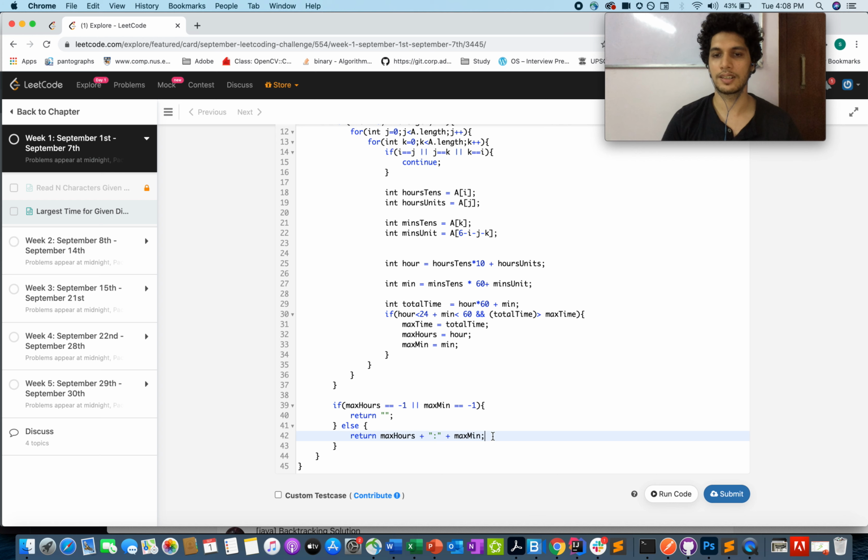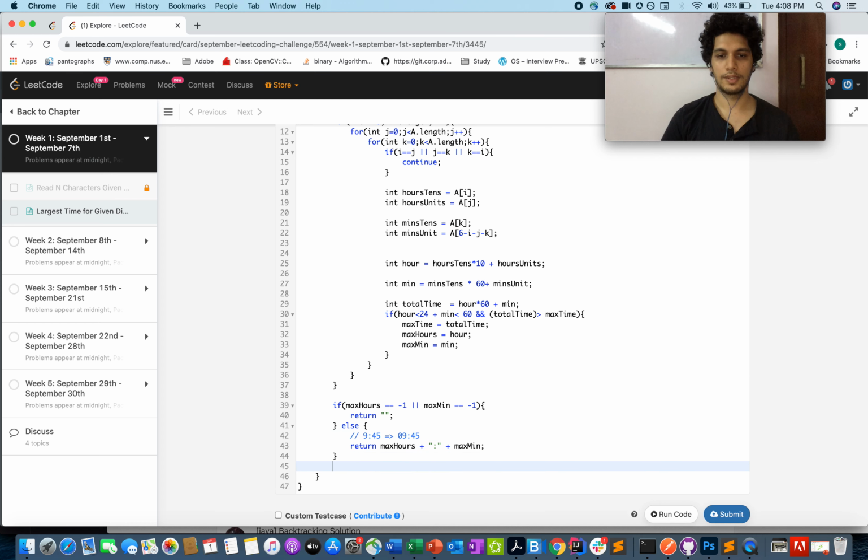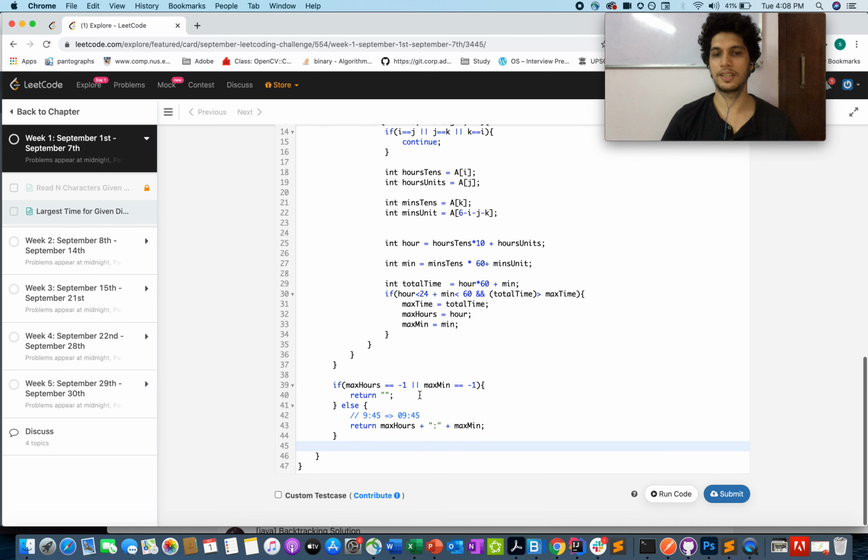For example, max hours comes out to be 1 or 0 or 9. Suppose 9, it's 9:45. We need to return the answer in a padded form of 2 digits for the hours and for the minutes, so it should be 09:45, as the answer should always have a string length of 5.